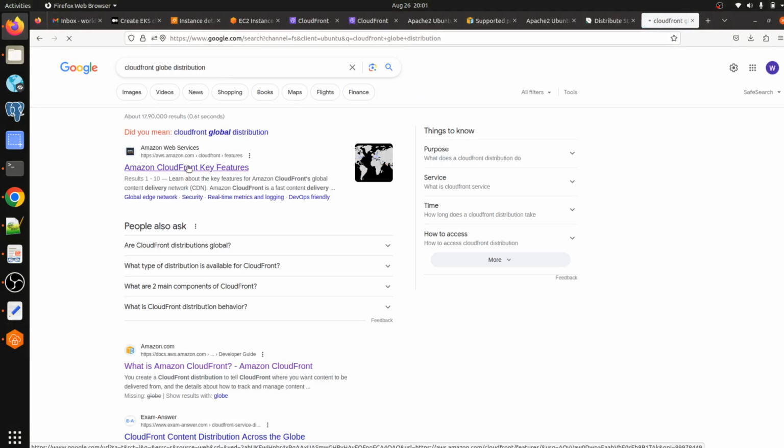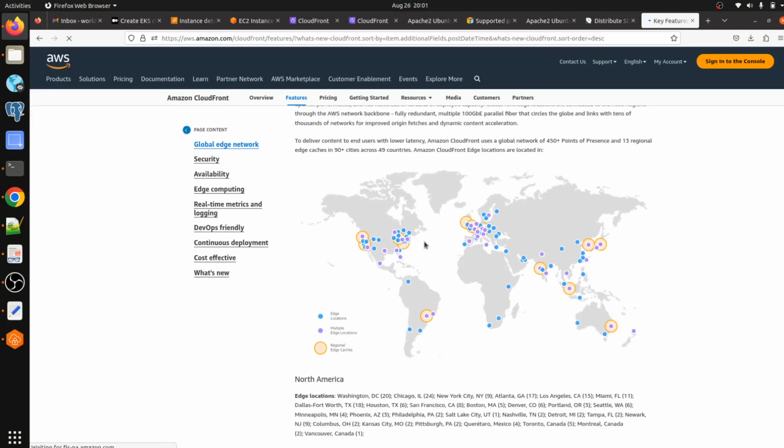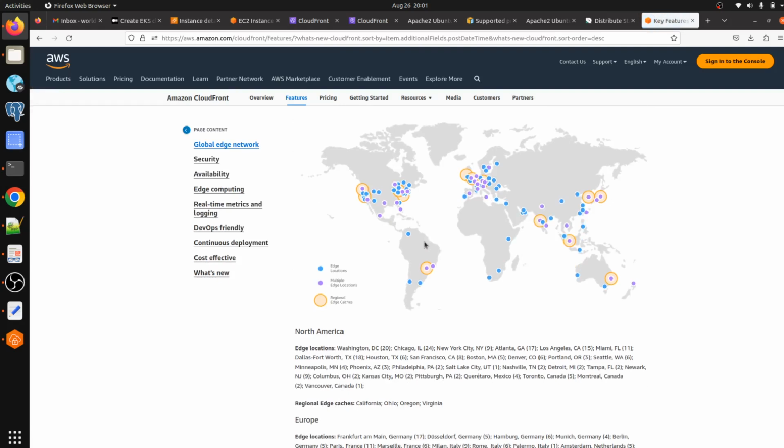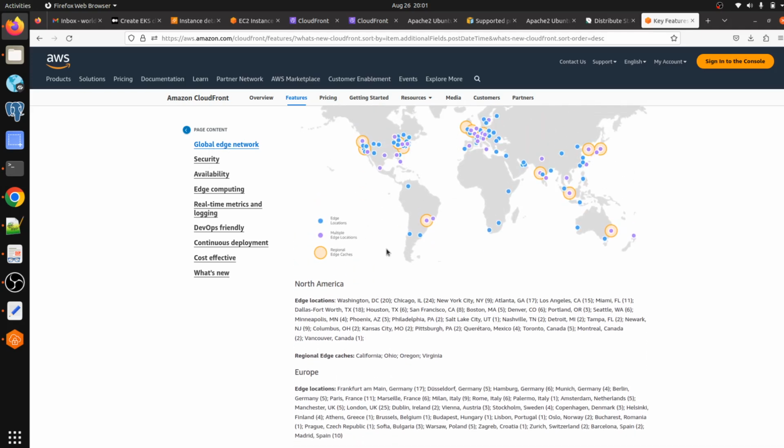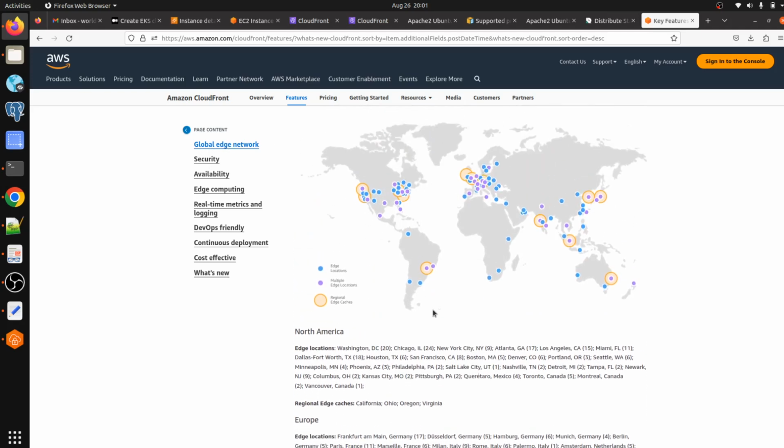So here you can see, AWS has a lot of global edge network locations. Okay, and they have created them according to the regions in which you are hosting your application. You can see it here: edge location, multi edge location, regional edge cache.